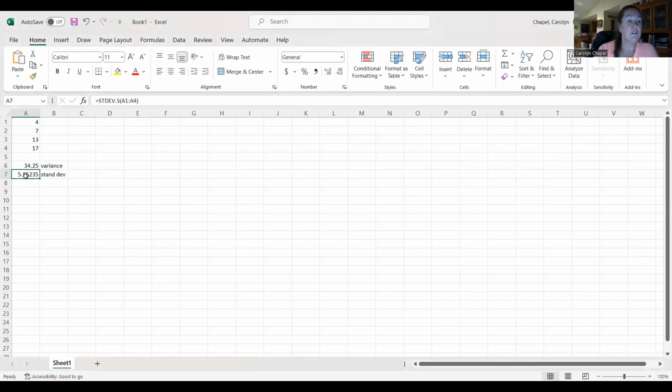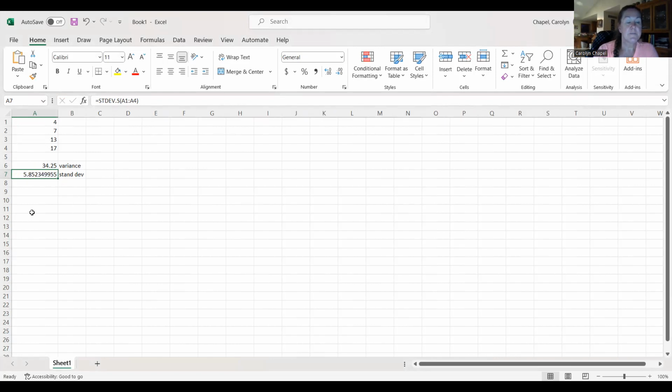And if it rounds, you can get more digits by making this column wider if you wanted to. I just grabbed on the bar between the A and the B and stretched it one way or the other if you wanted to shrink it. So that is, again, reminding us how we find those values in StatCrunch or Excel. I'm going to continue with our discussion in here, and we have a couple more things to talk about,